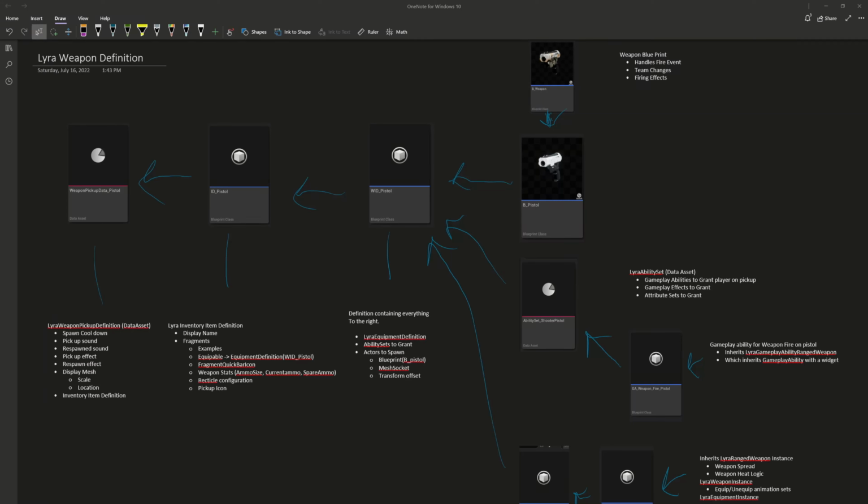I just wanted to give a small overview of how Lyra's weapons are laid out. Starting from the left, just a quick overview. The weapon pickup data. This is a weapon pickup definition data asset. This is where you set the parameters of the weapon spawner. So you have things like the sound, the respawn sound, pickup effect, respawn effect, what mesh you want to display for that weapon. And then, you have to link to this inventory item definition, which is this ID pistol in